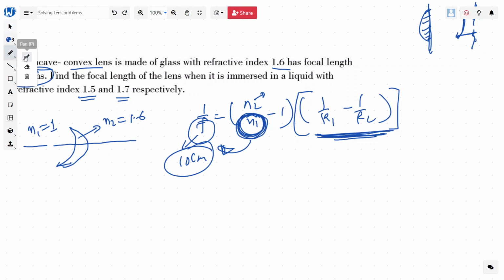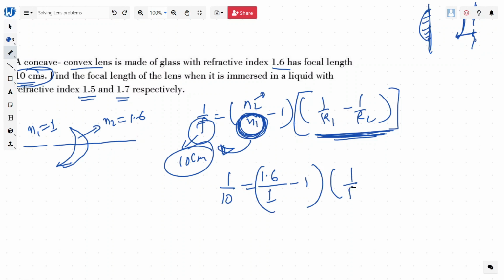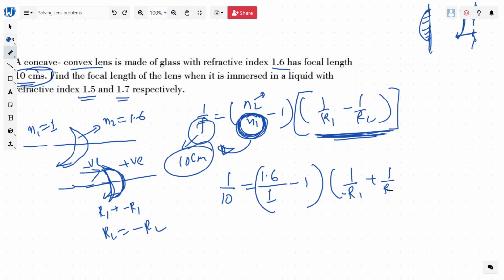So 1 by f in this case is 1 by 10 centimeters, and N2 is 1.6 and it is in the air, minus 1, and 1 by R1. Now let's look at the sign first, right? It's concave or convex. So the ray of light is going in this direction, so this is the positive sign, this is the negative sign, right? So R1 is actually minus R1, since it is falling on this side, and R2 is again negative, so R2 is minus R2, and we are going to put that over, so it is minus R1 and this will become plus R2,